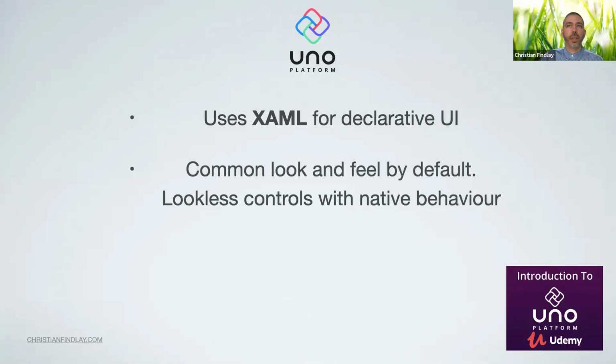Okay, as I've mentioned, it has a common look and feel by default. So it takes the look and feel of Windows 10. This is the important thing about Uno platform. It's what a lot of people were wondering when UWP first came out. When UWP came out as a technology for building apps on phones and tablets, people were wondering, okay, this is great. UWP is great, but how do we get that onto other platforms? How do we get that onto iOS? How do we get that onto Android? And how do we get it into a web browser?